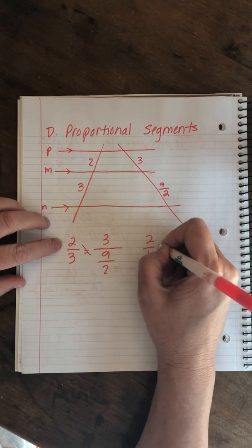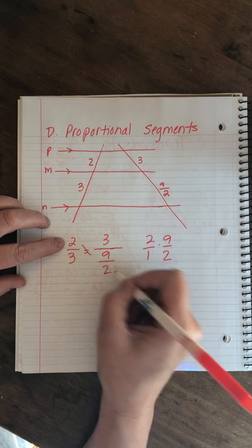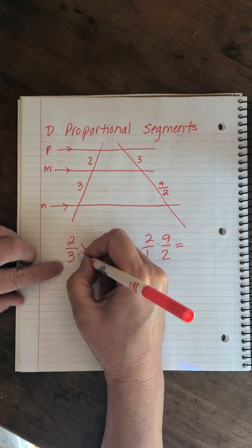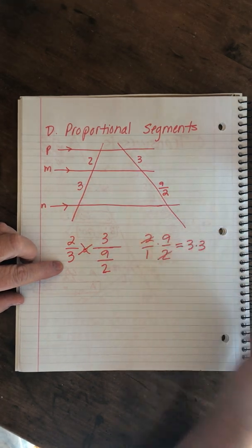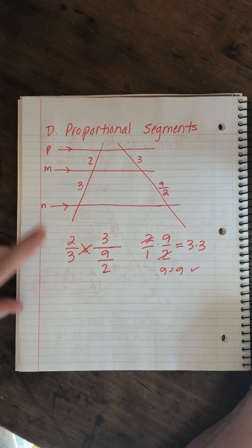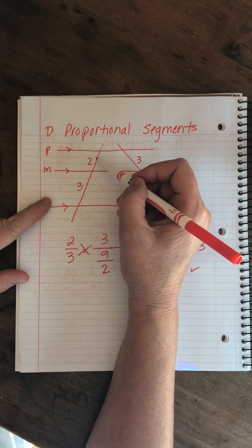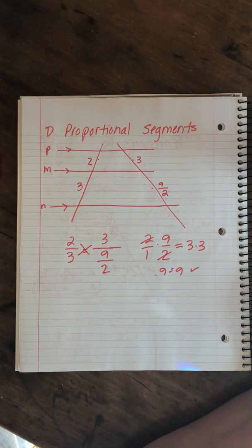2, I'm going to put it over 1 because we're multiplying fractions there. 2 times 9 over 2 should be equal to 3 times 3. This cancels, and we get 9 equals 9. So that proves that what I said was right. These segments are proportional to each other. Let's try this with